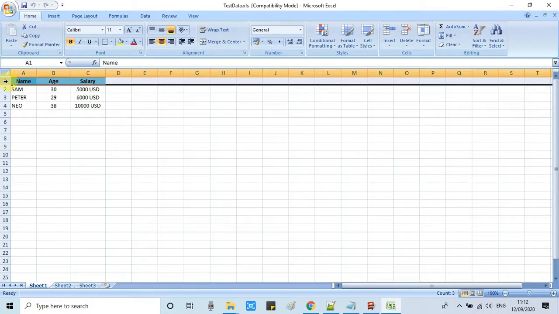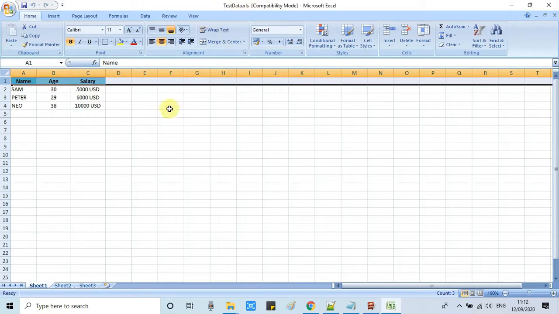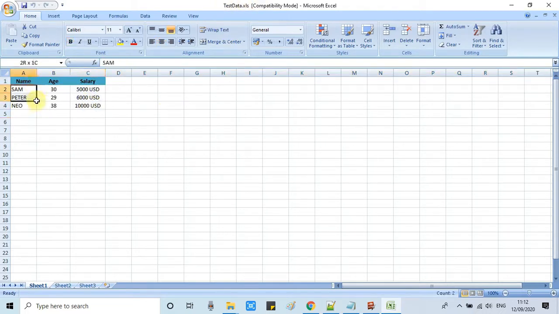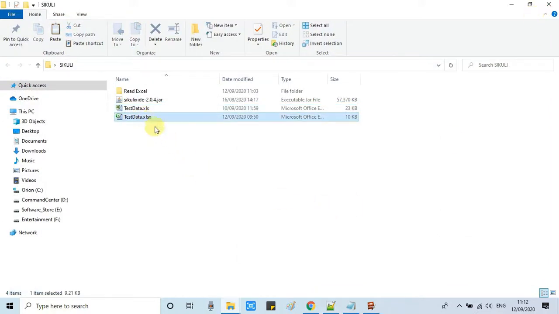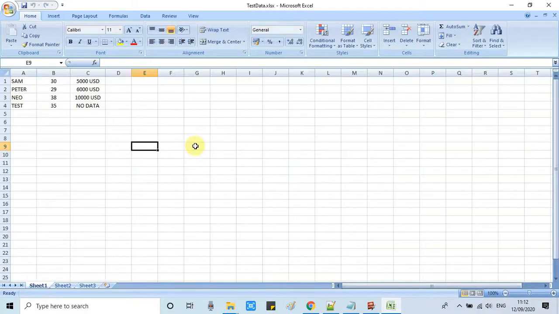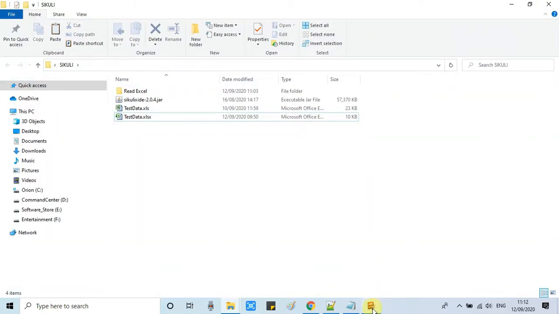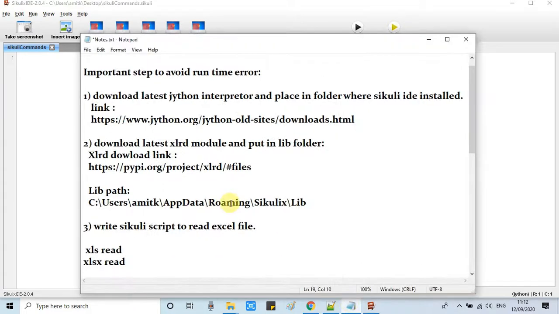We have simply 4 records and 3 columns. Simple test data is filled inside Sheet 1. In the same way, I have placed similar data in Sheet 2 in the XLSX file.